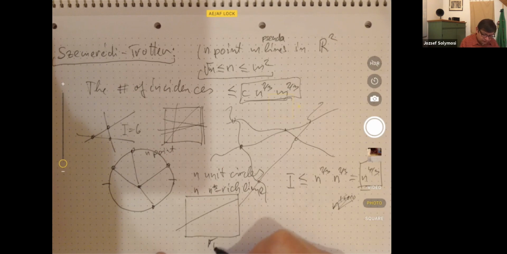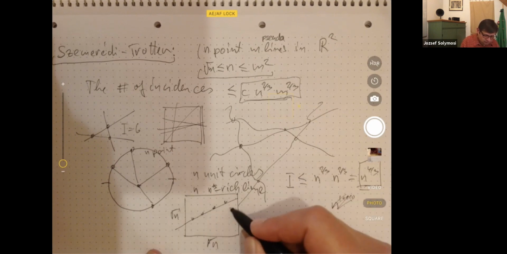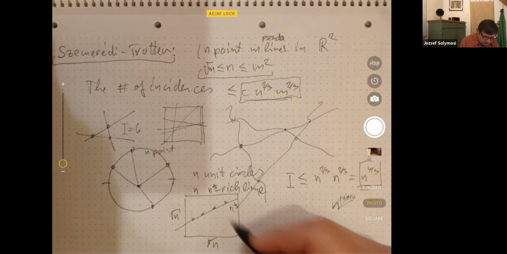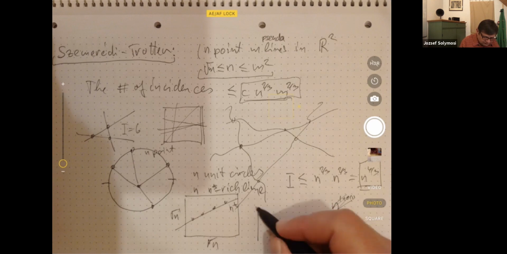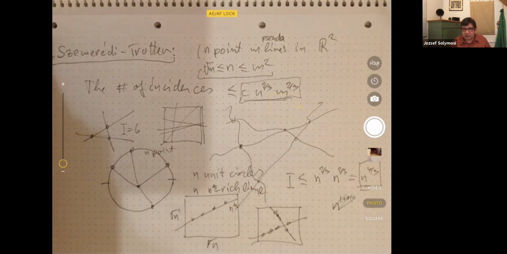We have the integer grid, so this is a nice grid. And we take all those lines which contain at least n to the 1/3 points. There are n of them. You can count them by number theory, or, well, there are easy ways to count them. So now in this construction, we have lines with n to the 1/3 points. If they were unit circles, then that would be a counterexample. They are not circles, but what can we do?